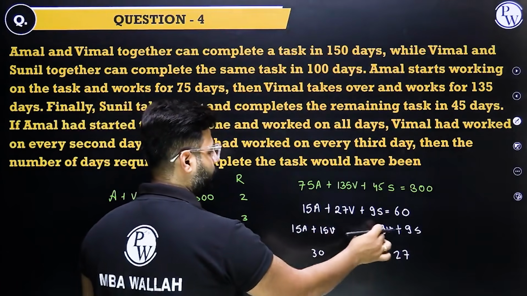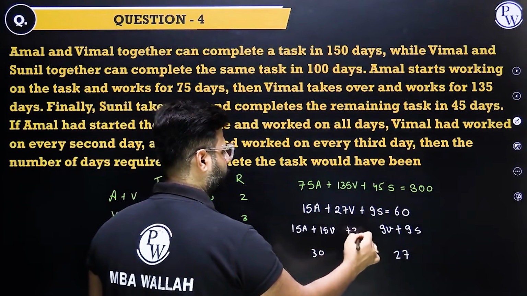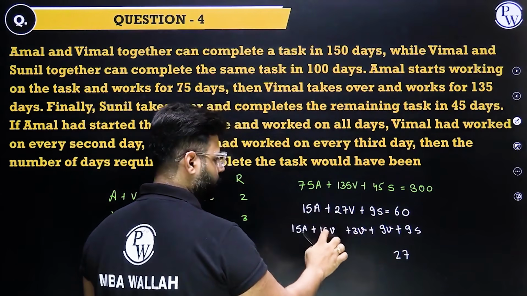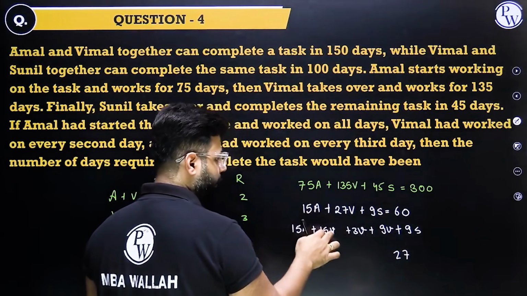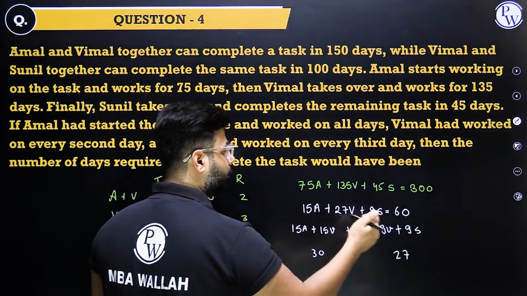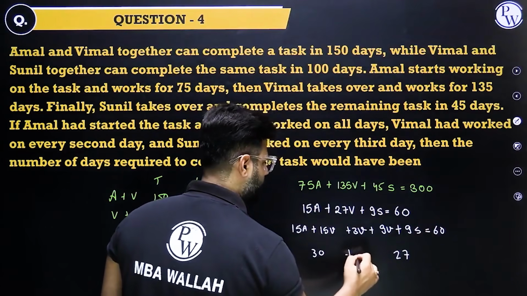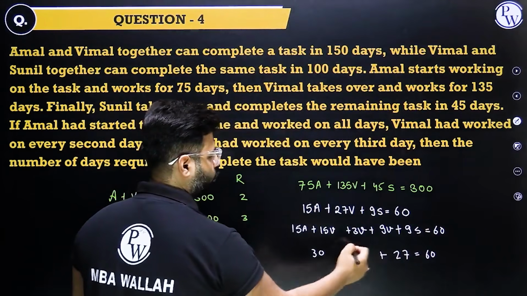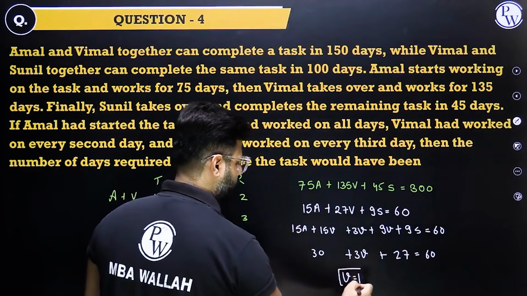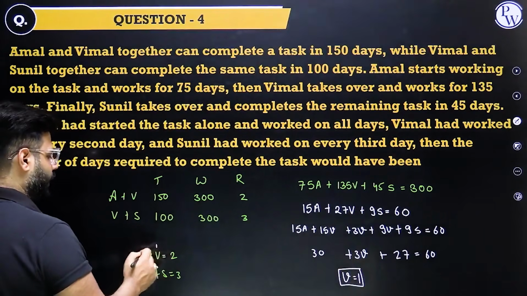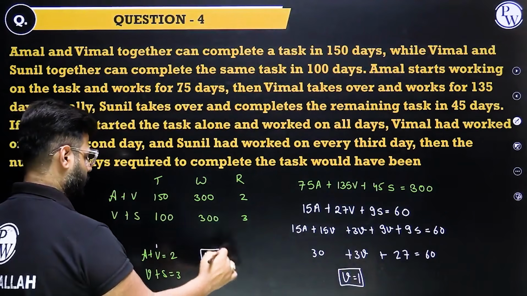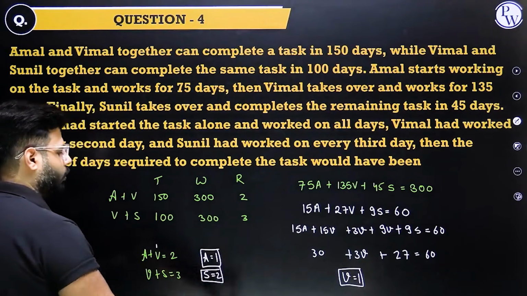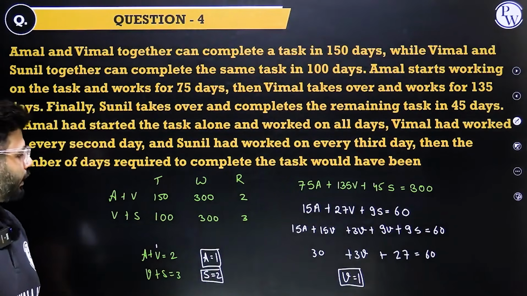How many V's are left? 15 and 9, 24 gone. We had 27, so we are left with 3. So I broke 27 into 15, 3 and 9. How? Because 15A needed 15V, 9S needed 9V. Beautiful technique. And by this, I have 3V. So 3V comes out to be 3 and V comes out to be 1. Once I have V as 1, A also comes out to be 1. V is 1, so S comes out to be 2. And now we know the rates of A, S and V: that is 1, 2 and 1.